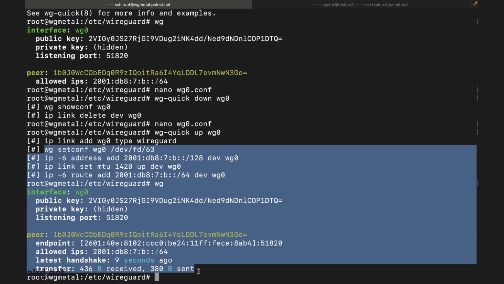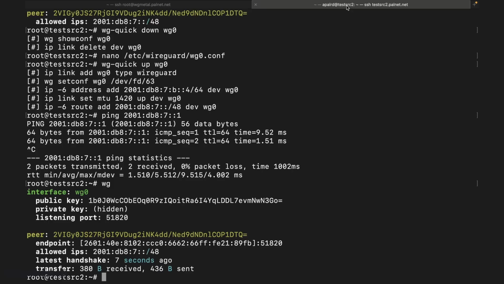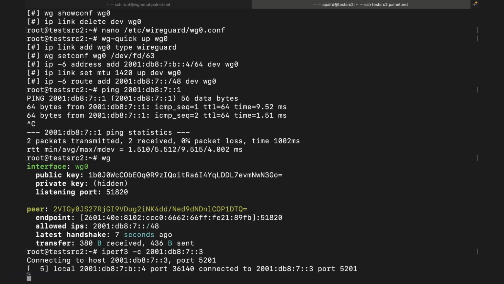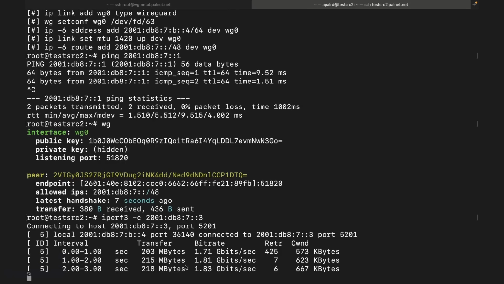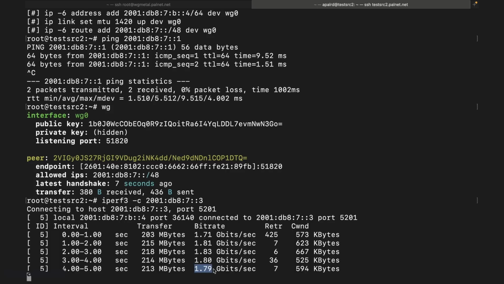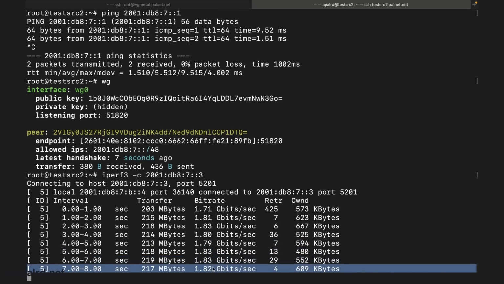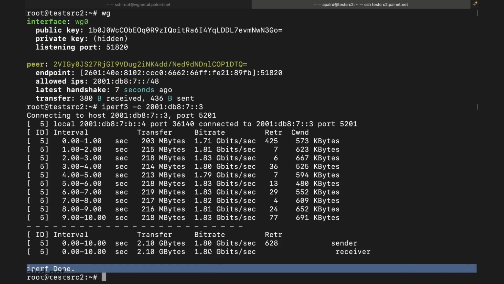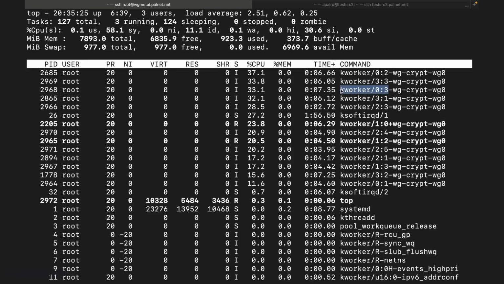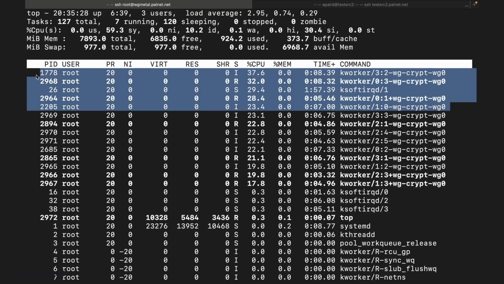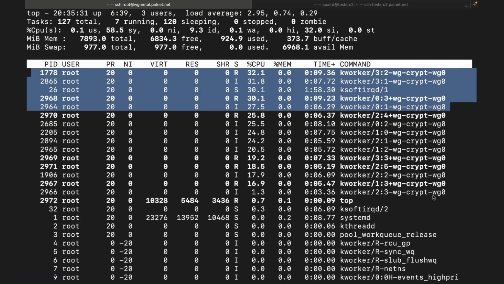A few moments later. Okay, so I got WireGuard up, and I put the config in the blog if you want to see it. Now we can run iPerf. Let's go find iPerf in my command history. Okay, 2001:db8::3. Let's see what we got here. So we are maxing out at 1.8 gigabits per second. That is less than 2.5. So softirqd is the network card driver, and WireGuard crypto is using an outrageous amount of CPU here to do